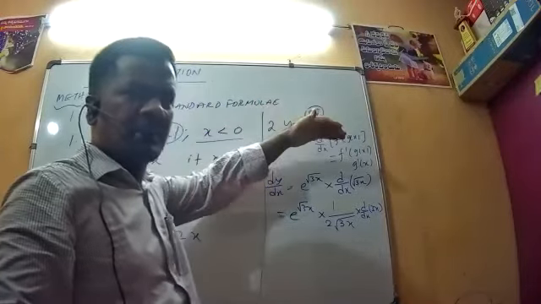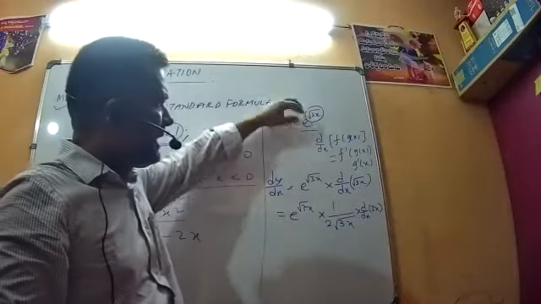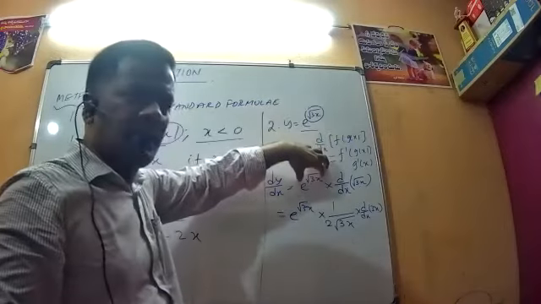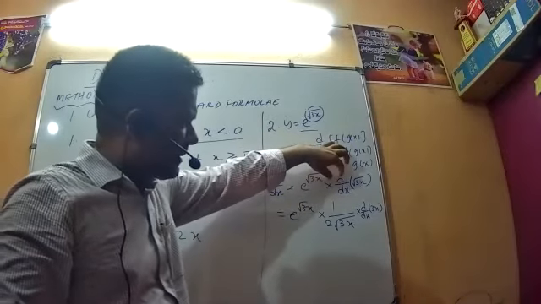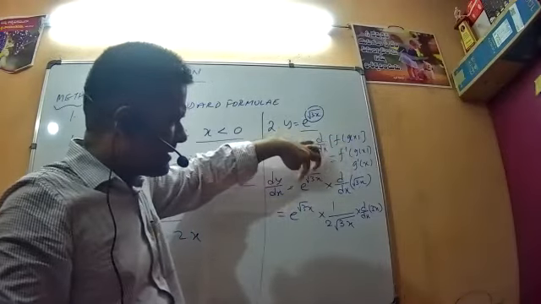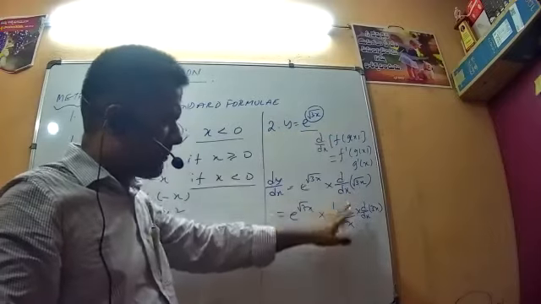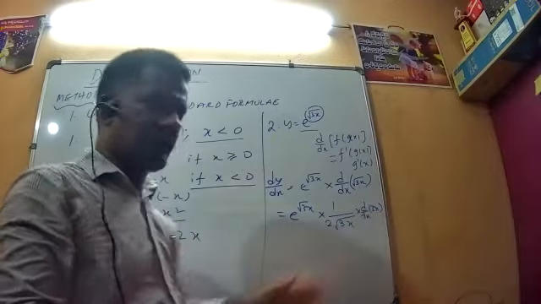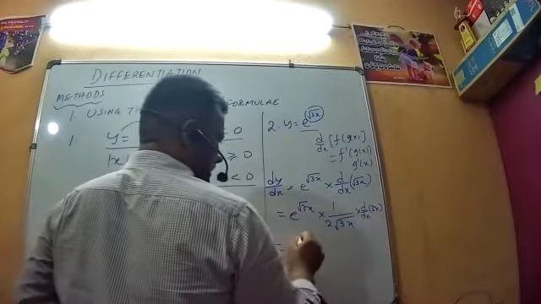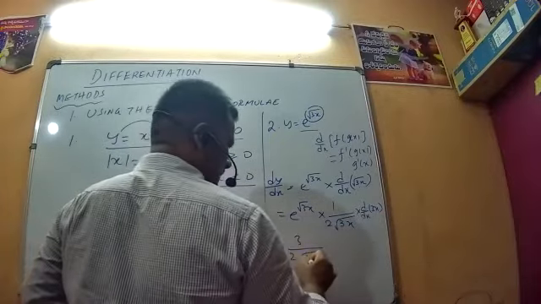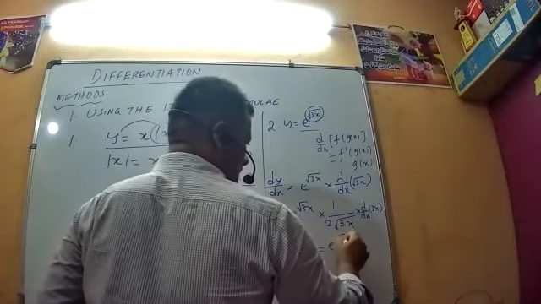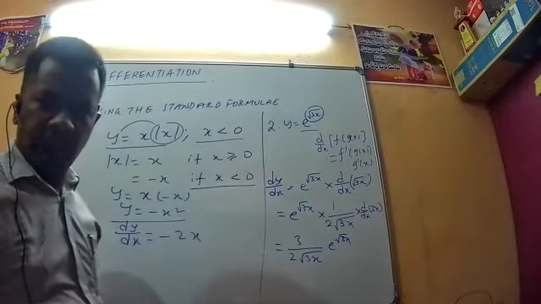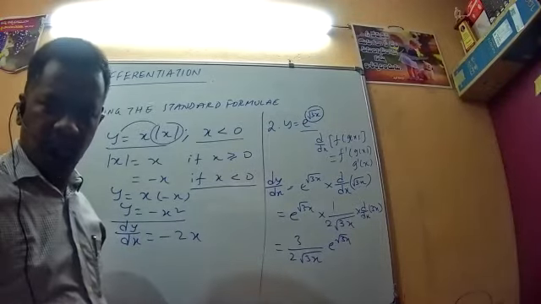So we are doing it in a stepwise way. The derivative of e power something is always e power that something into the derivative of root of 3x, which is 1 by 2 root of 3x into d by dx of 3x, which is 3. So finally the answer will be 3 by 2 root 3x into e power root of 3x. In this way, we will find the derivatives of these functions.